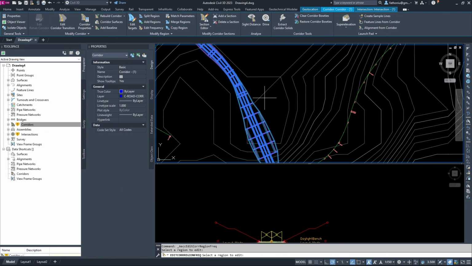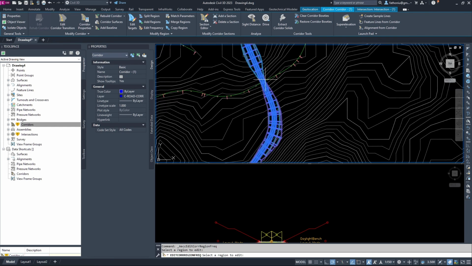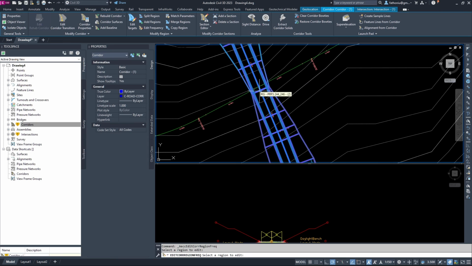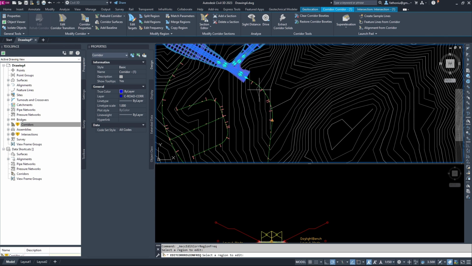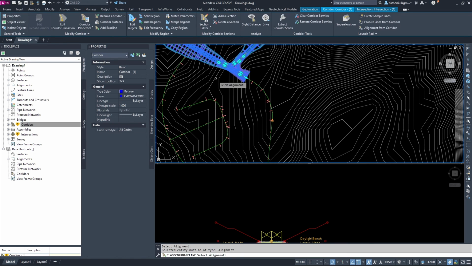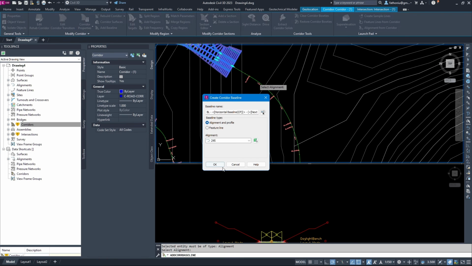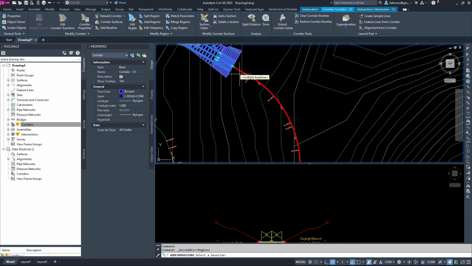Okay. Then you can find here we have another possible intersection here, and we can continue to add this area, add this line, this alignment, and then alignment, OK, and then OK, and then after that add region, yes, select this line.